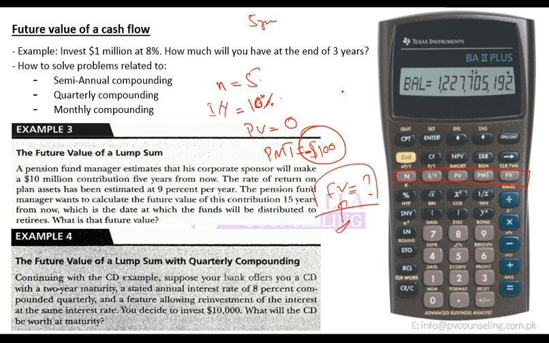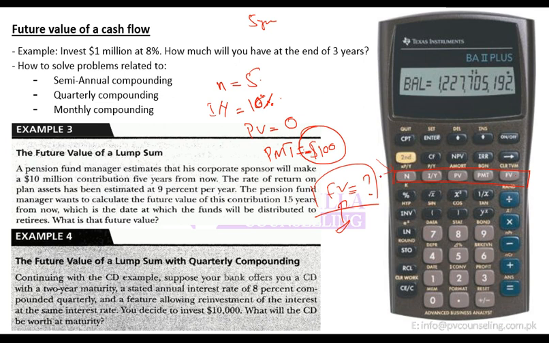And your calculator always assumes that this is an NVD, an ordinary NVD. It is not an NVD due. So it will assume that the first cash flow is paid at the end of the first year. Now there can be a question in which you are told that this is an NVD due, that is, the first cash flow happens at the start of the year. So if that is the case, then you need to tell your calculator that you are giving some data for NVD due.